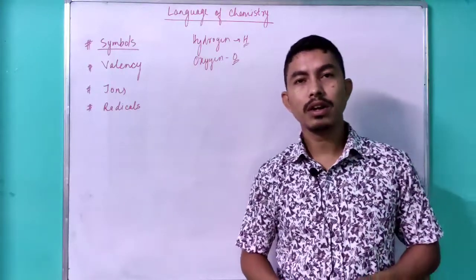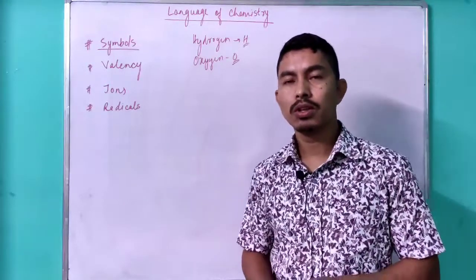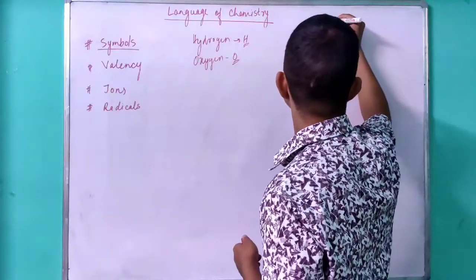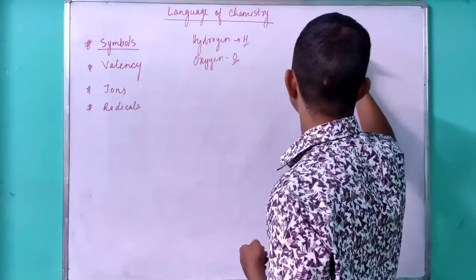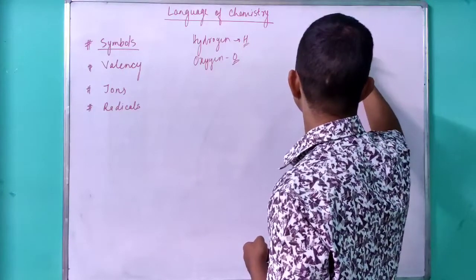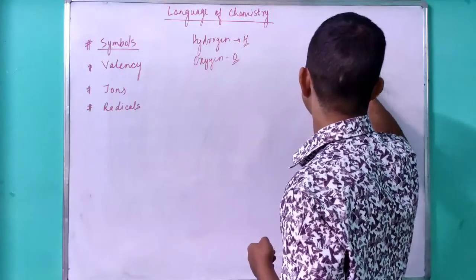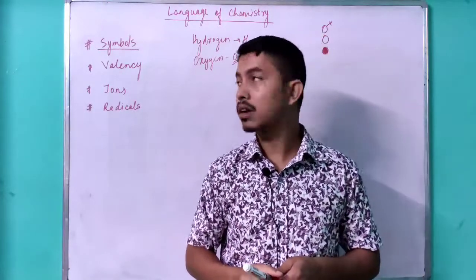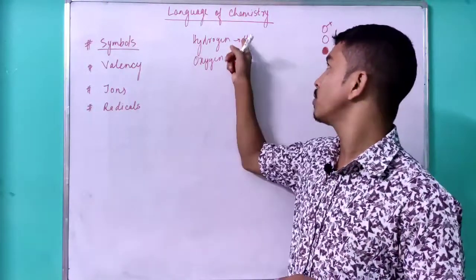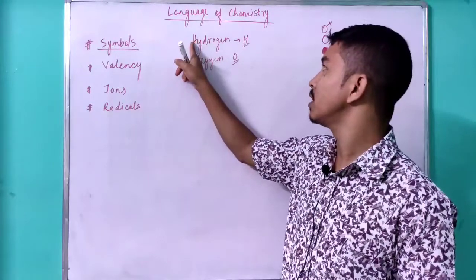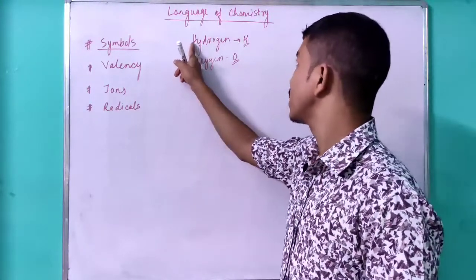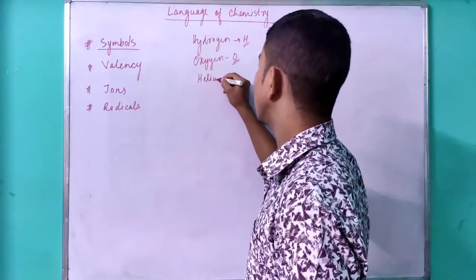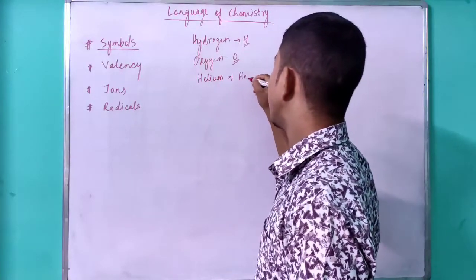So in the earlier days, people used to represent elements in different ways, some by a dot, some by a dark circle. So that created a lot of confusion. In order to avoid that confusion, nowadays whenever we write the symbol, we either write the first alphabet of its English name, or sometimes we write two alphabets, like in case of helium. We write the first two alphabets, He.